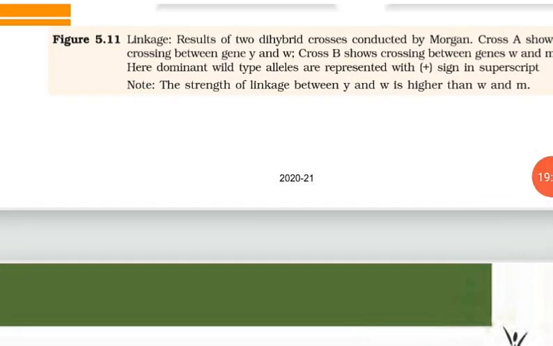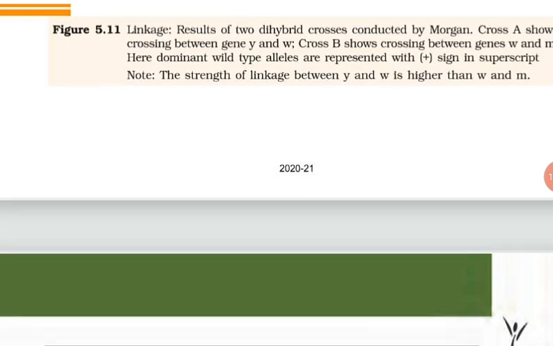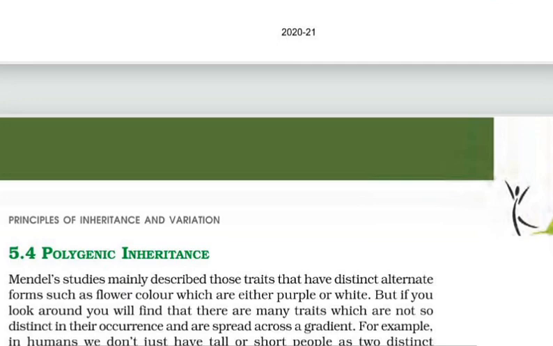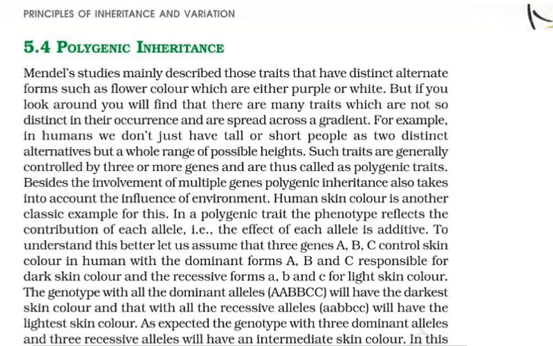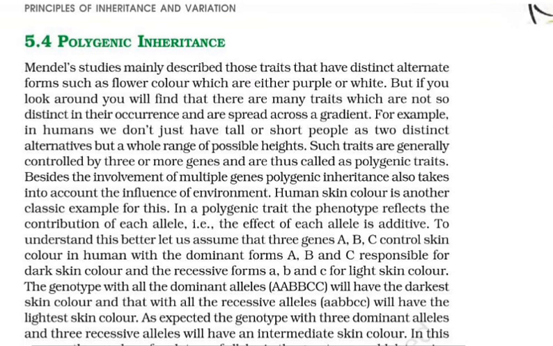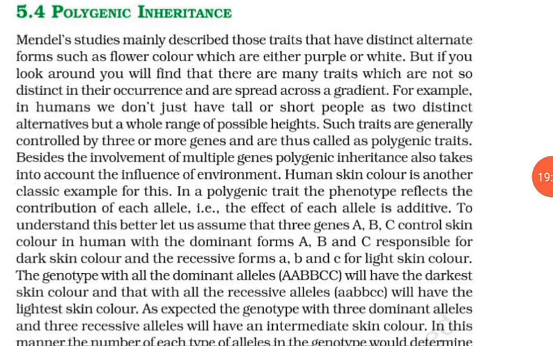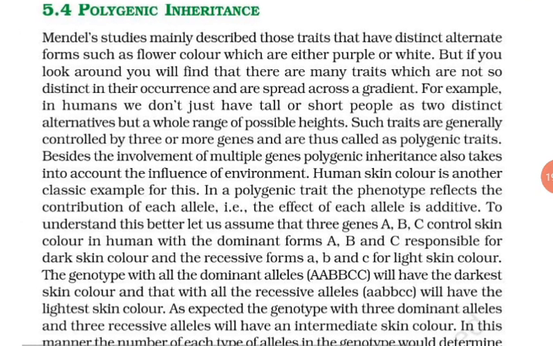Okay? For example, he found that the genes white and yellow were very tightly linked and showed only 1.3% recombination, while white and miniature wing showed 37.2% recombination. His student Alfred Sturtevant used the frequency of recombination between gene pairs on the same chromosome as a measure of the distance between the genes and mapped their position on the chromosome.